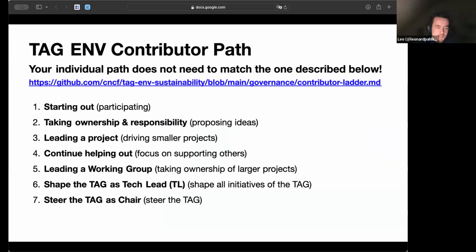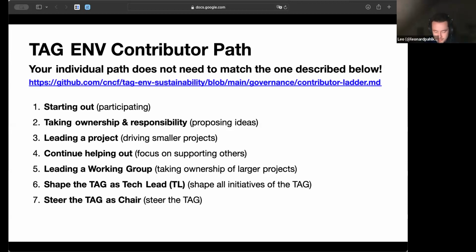Right. And then one last slide before we talk about the projects we're working on. So maybe some of you are interested, okay, I'm very interested in the TAG. How can I actually, and I would like to, I don't know, lead a project or whatever. In my experience, when I started out, it helped me to have some sort of roadmap for myself. At the end, everybody has their very individual roadmap. So you don't need to take this step by step, going from step 1 to the second to the third and so on. But it just gives some kind of idea, maybe where you could focus on next.